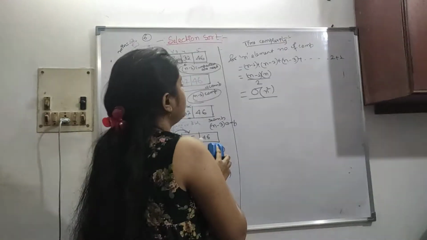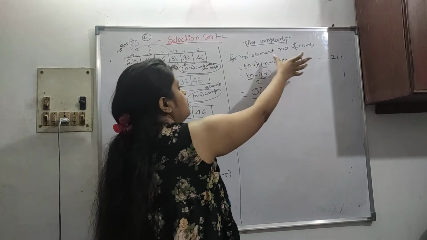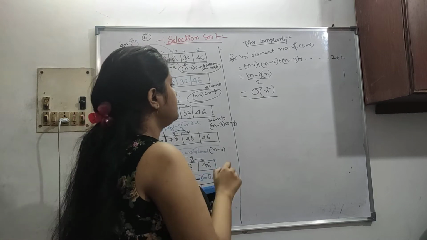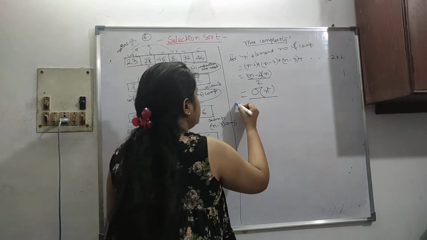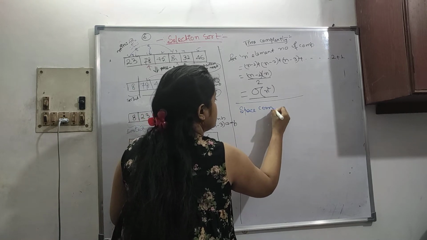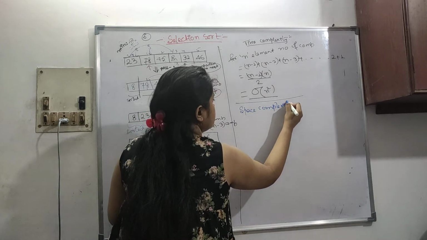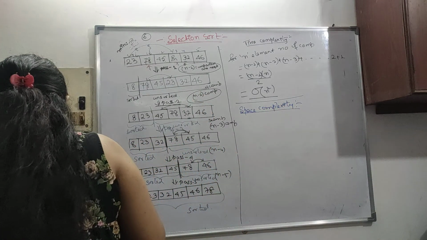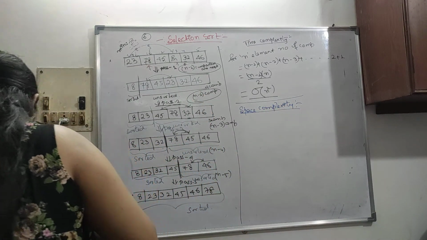So for n elements, the number of comparisons are like this. So the order is coming down to us as order of n square. Now let's say space complexity. So here space complexity is